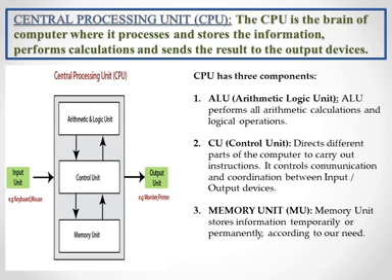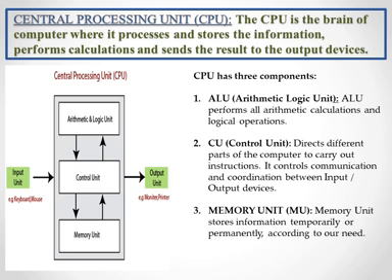Now we have come to the last part, which is called the central processing unit, CPU. Like your own brain is very important and gives you instructions, in the same way the computer's brain is the CPU, where whatever information the computer takes is processed inside the CPU. It stores the information, gives out the result of the calculations and sends the result to the output device. Okay.